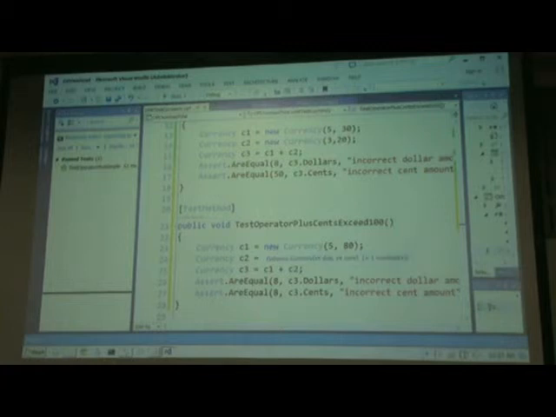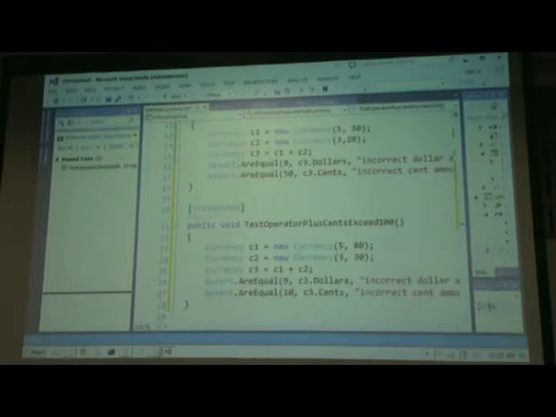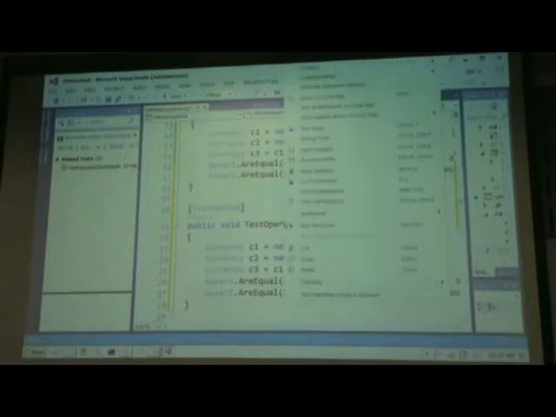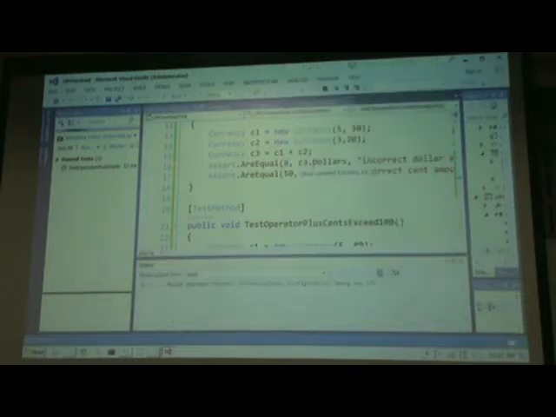So what do we expect in this case? $9, correct? So $9 is the dollar amount, and what's the cent amount we expect? 10, correct? So anyway, if I right click on it and say run tests,